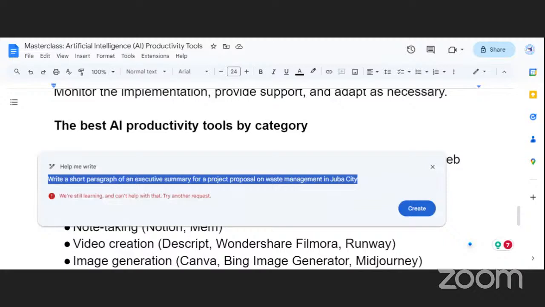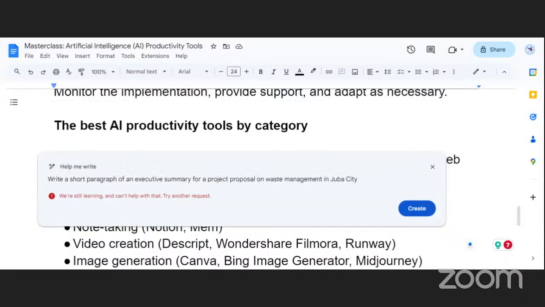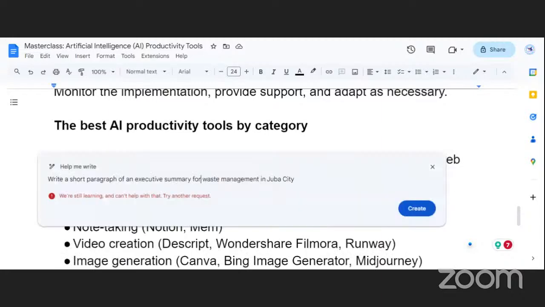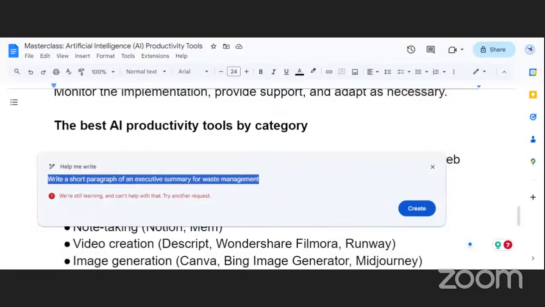Let me say, write a short executive summary for waste management in Juba City. Hey, it's not bringing again. Let me try waste management without Juba. It's not. So let me try a different question.